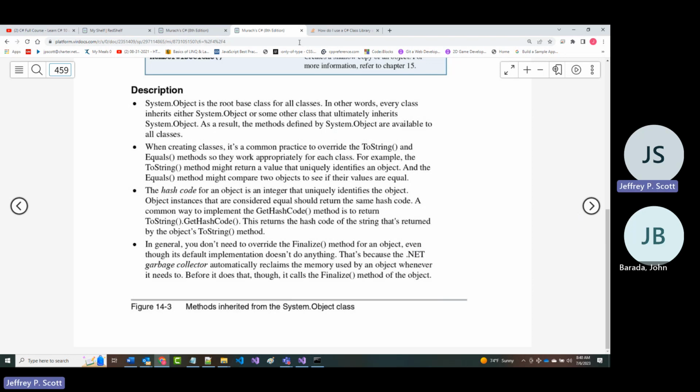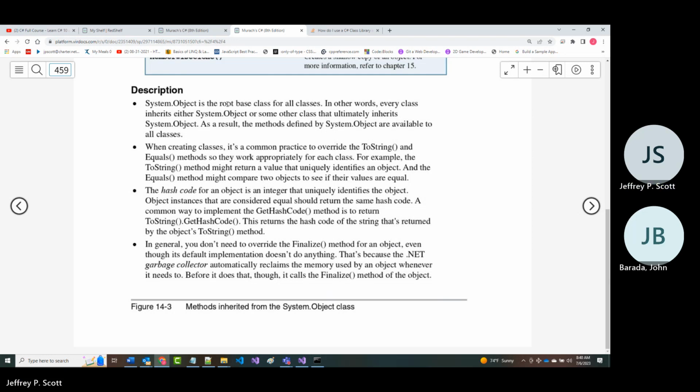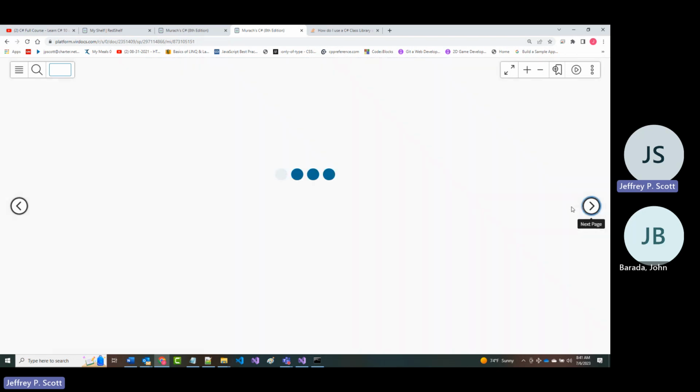All right, the one you typically don't need to override is finalize. And finalize is sort of the opposite of a constructor. It's sort of a destructor. So what it says is before something goes out of scope, so if you're not going to use something anymore, you can call a finalize method. You typically don't have to do that because it's handled for you automatically by the operating system of the program. So you don't have to worry about doing it yourself.